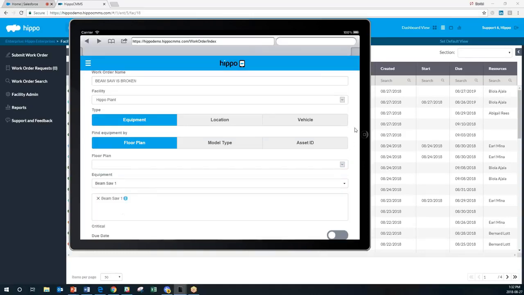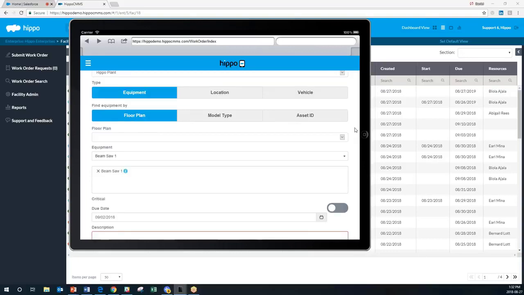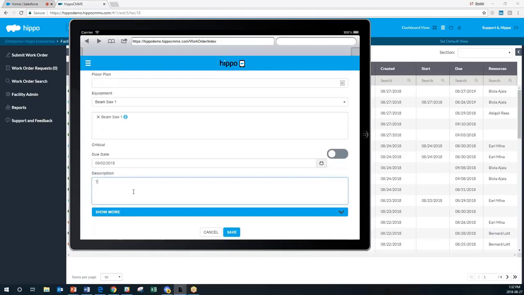Now, one of the cool things about the mobile too is you can use barcode scanning. So for each of your assets, if you have a barcode on it, you can just scan it with your phone, and it'll pull up the equipment. You can submit a work order straight from there. But I just did a quick search there. You can also use that search. Okay, and I'm gonna just type in here,